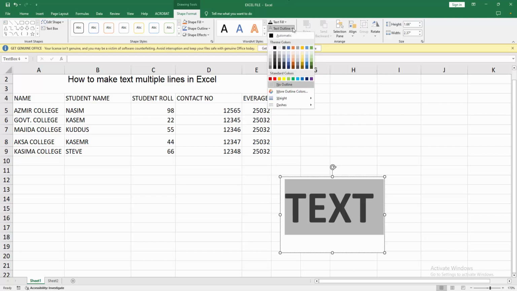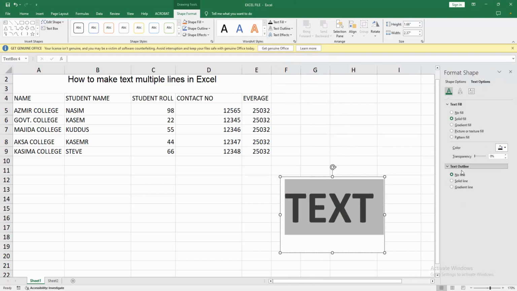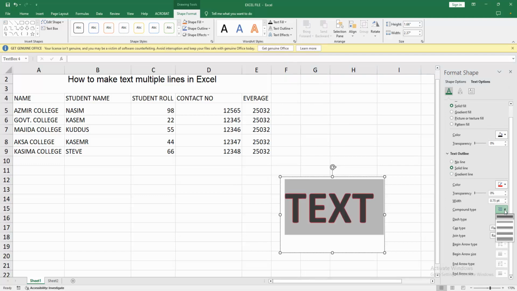Then click Text Outline drop down menu and click Dashes. Then click More Lines. Then you can see here is a Text Outline, then click Solid Line, then you can choose your Compound Type, multiple lines. Then I choose this one,